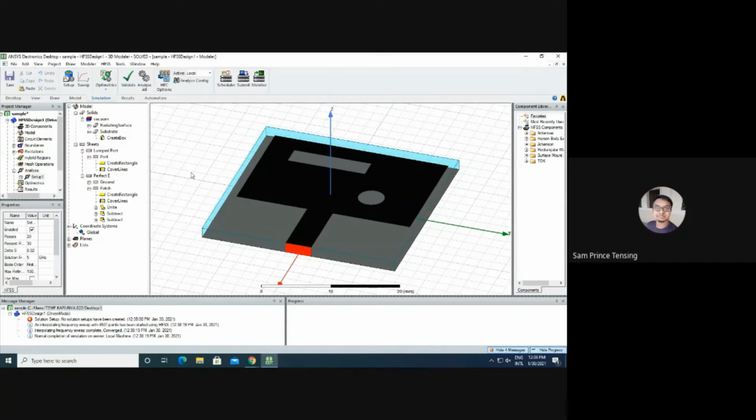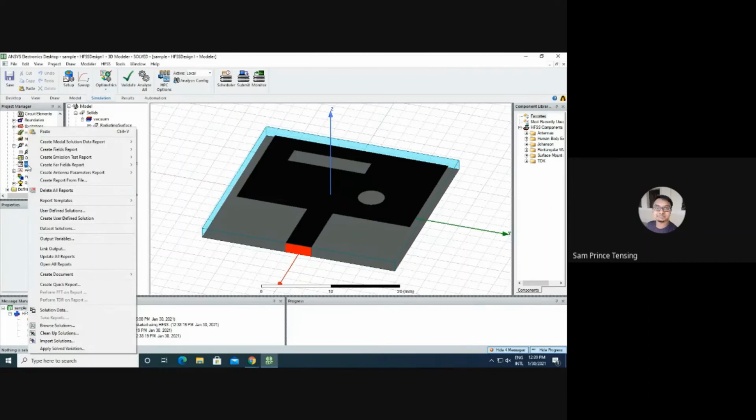Generally, when you design an antenna or any other RF component, there is a parameter called S11, which means the measure of the reflected wave. You are transmitting some electromagnetic wave through a medium, and it will reflect back. The measurement of the reflection is basically the S11 parameter. So now we will go for the S11 parameter. In the left hand corner, below Optimetrics, you can see Results.